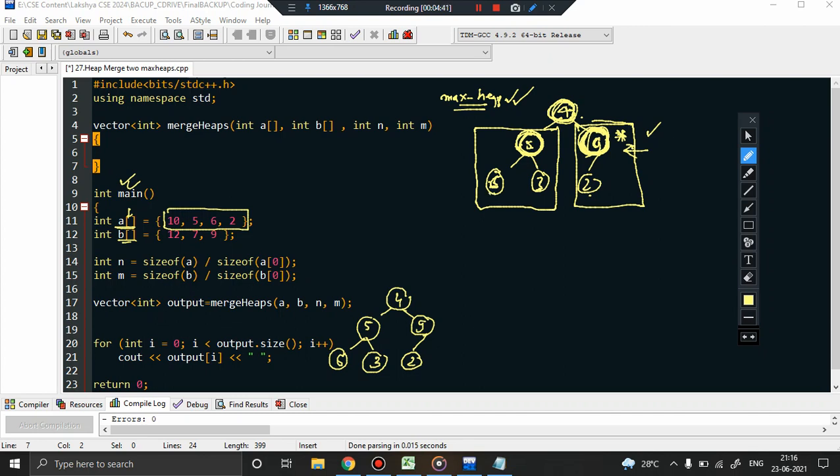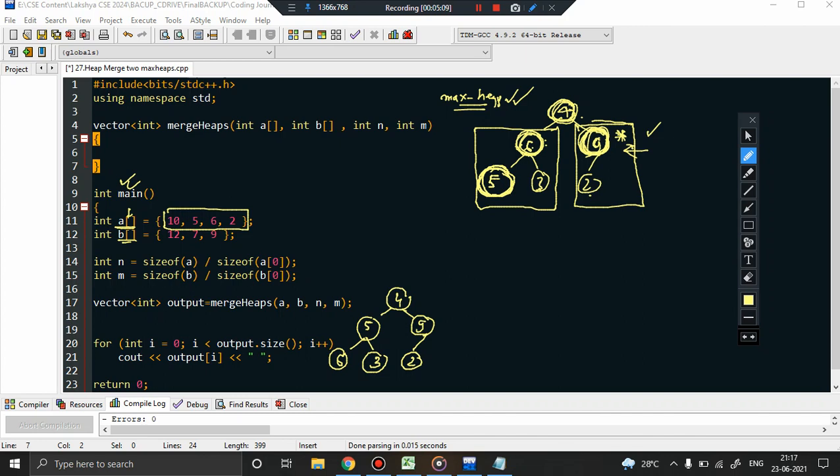So obviously the left child has a bigger value. Since this left child has a bigger value, we are going to swap this with 5. So basically this node will contain 6 and this node will contain 5. Now which is the node that got affected? Obviously this node got affected, right? This was the point of conflict because here was the issue.